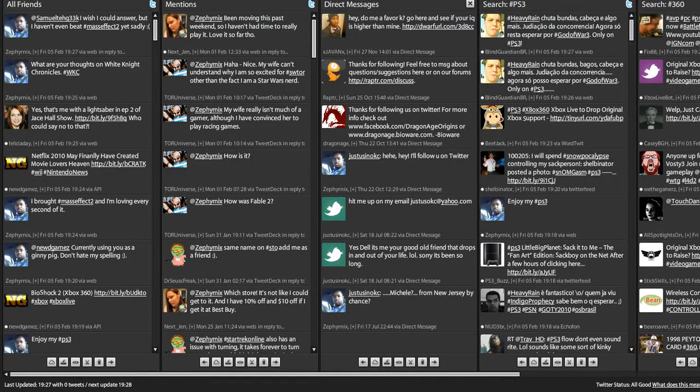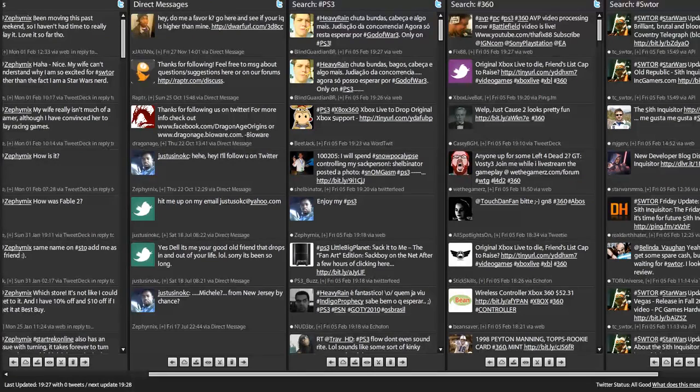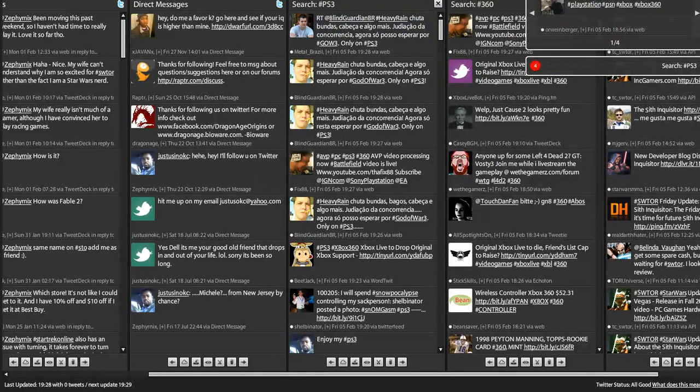Also, you have here direct messages, and then here's searches. For example, here's searches on PlayStation 3, here's searches on 360, and here's searches on SWTOR. Basically, I'm constantly doing searches. As you see, the PlayStation 3 version just updated, and right over here, you get the information. You get new tweets. So basically, someone said, "Very cool, PlayStation 3, PSN, Xbox," and then they sent a link, which comes to our next part,